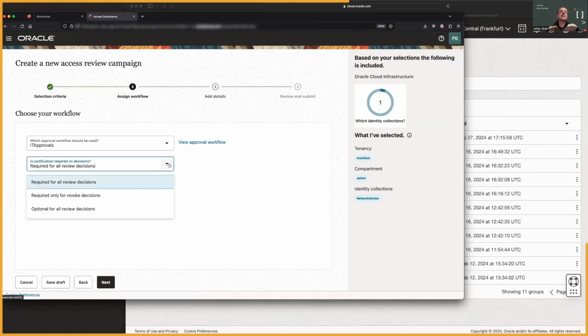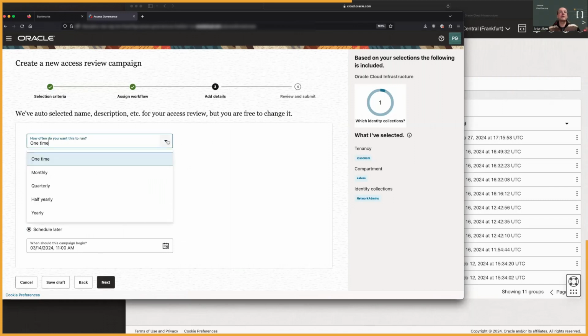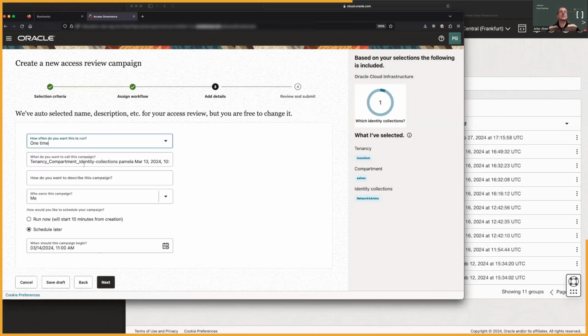You could say that you can review for all decisions or only for revoke. Let's have it for all decisions. You could choose the periodicity. I'm going to choose one time only. Give it a name, a meaningful one. A description is also a good idea.